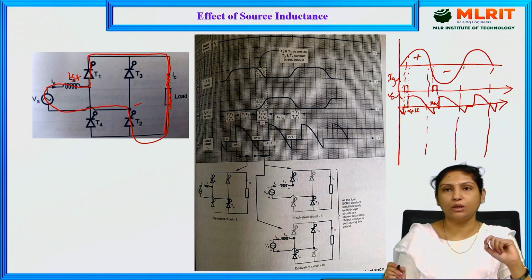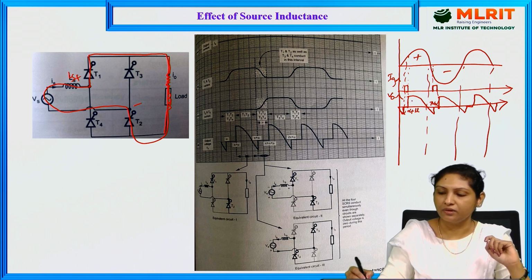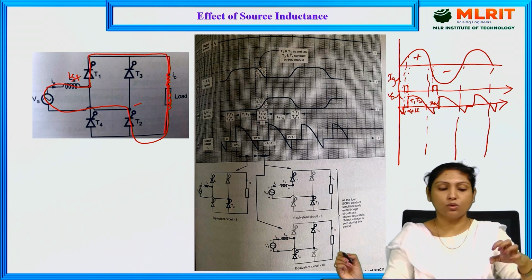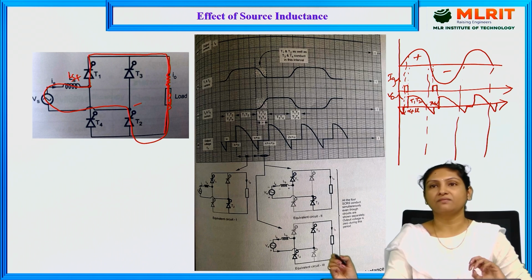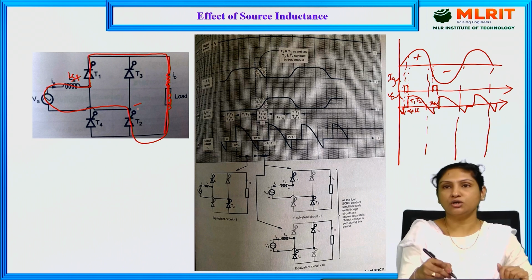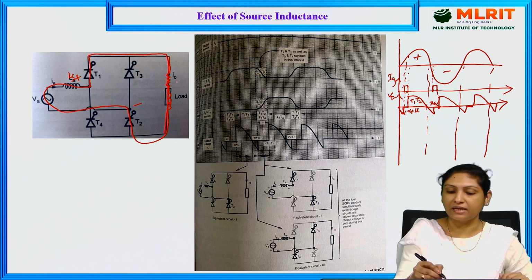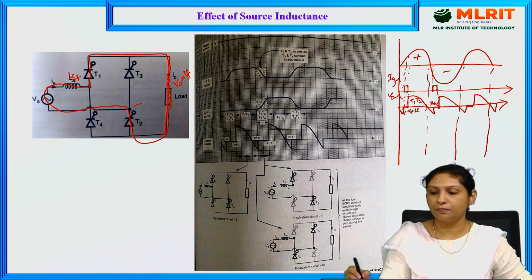Yes, this is a well-known fact. In the positive half cycle, thyristors 1 and 2 will be conducting, and that is how here T1 and T2 are conducting the output voltage. That means whatever source voltage we are feeding is applied across the load during this positive half cycle. Because T1 and T2 are short circuited, whatever voltage we are supplying will appear across the load, and that is how during this period we get V0 equal to Vs. So from this instant called alpha plus mu till pi plus alpha, T1 and T2 are conducting current through